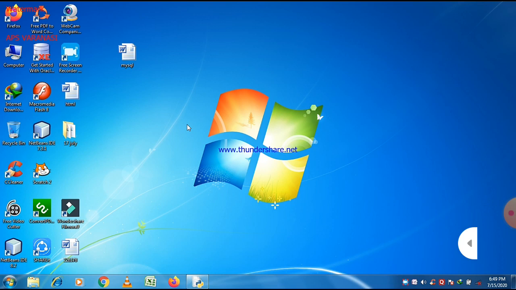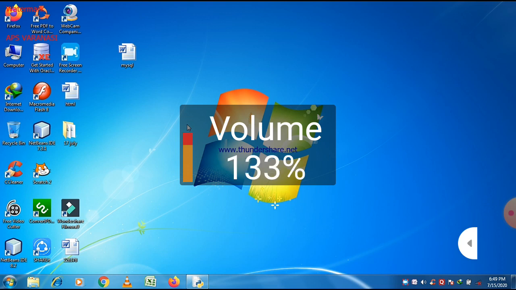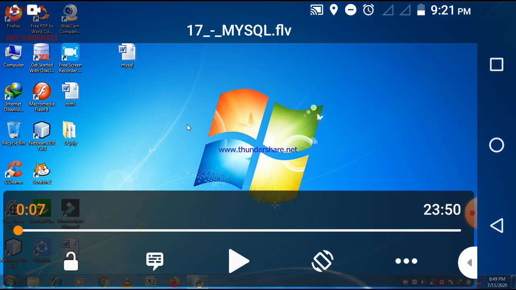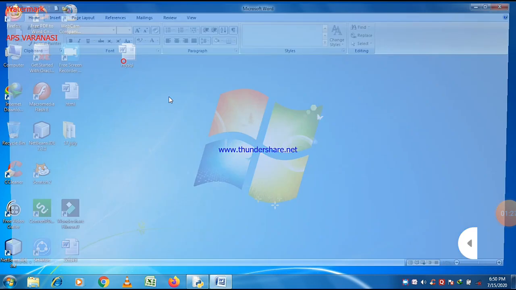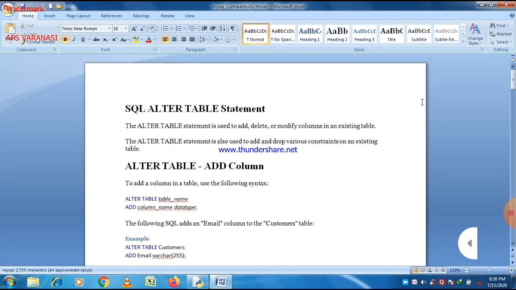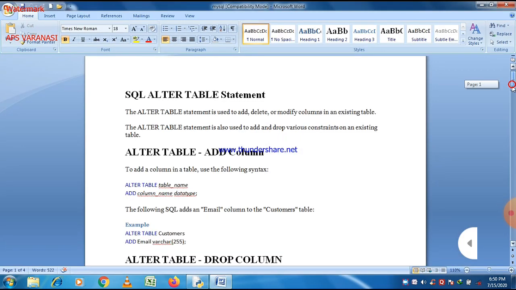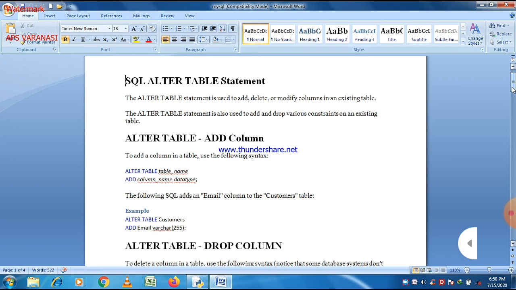You know that SQL is divided into three sub-languages: DDL, DML, and DCL. Basically, DDL is data definition language. It means all the commands which belong to the structure of the data are a part of DDL commands, and all the commands which are used to manipulate the data are in DML commands.